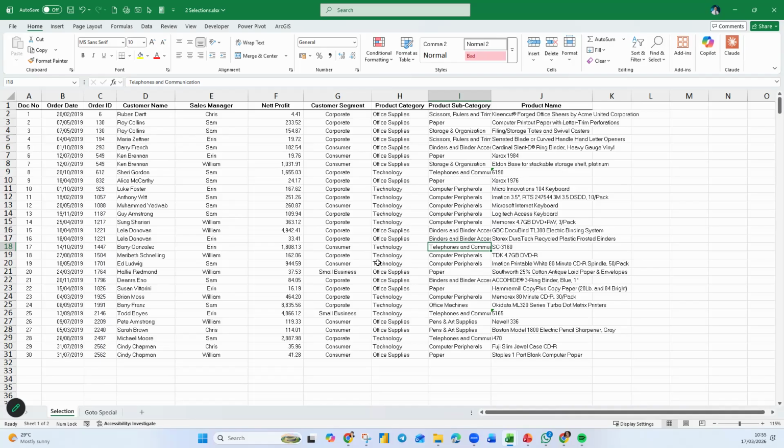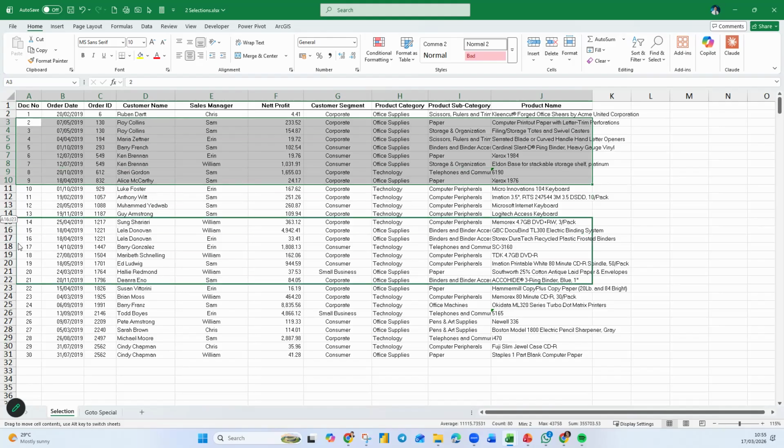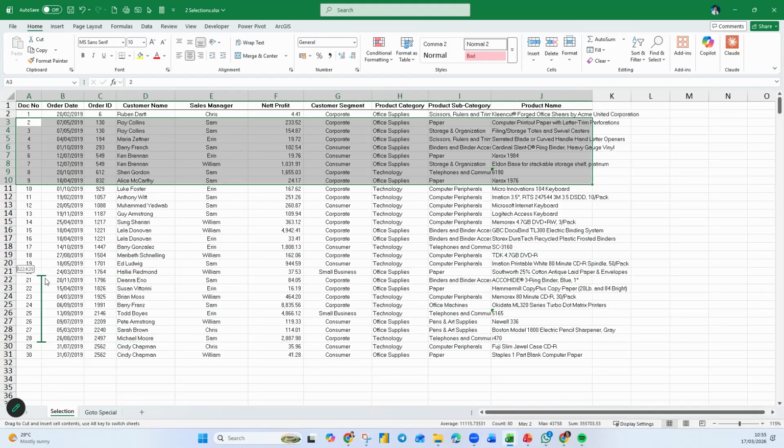So don't use the old-fashioned method called cut and paste. Still can, but if you just want to do it very quickly, you can do that. So if I want to move number 2 all the way to number 9, I want to move these few records to after number 20. So I just drag this one down. I hold down my Shift key. I put it in between them like that.